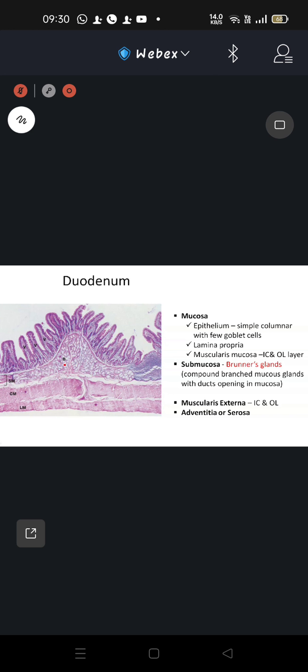Also very much developed here are these circular folds, which are known as plicae circulares. So this is characterized by the presence of plicae circulares, which are large folds of mucosa having a core of the submucosa. What we can see here are multiple plicae circulares, having a core of the submucosa and the folding of the mucosal portion. They are lined by the mucosa, and the core is formed by the connective tissue of the submucosa.